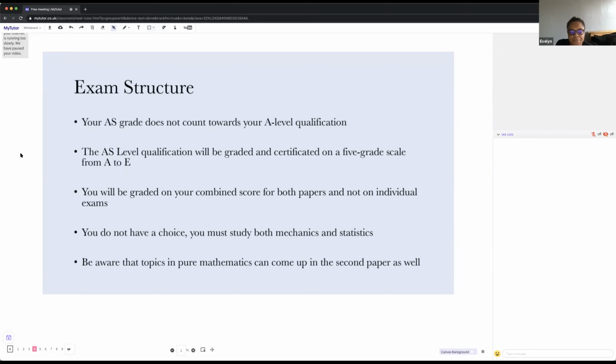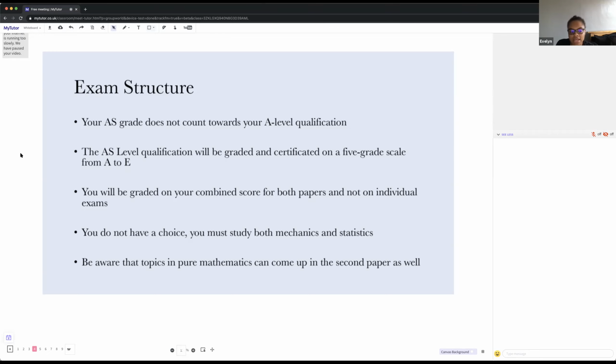Now, again, another thing that has changed from the previous specification is you don't have a choice in the type of topics you get to study. You must study both mechanics and statistics. It used to be a choice, now it's compulsory. You have to do both. So you have to study both mechanics and statistics, but it's a little bit less content than the original or